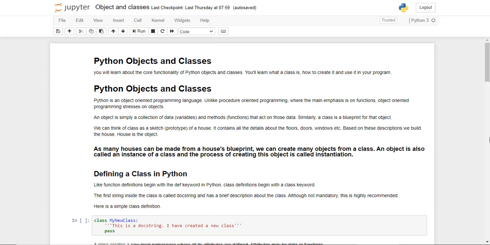Now before we do that, understand the difference between a class and an object. A class is more like a blueprint, so you have all the details on how something is to be constructed out of it. An object is the actual construct itself. So if you have a blueprint of a house, that could be called a class, but when you actually go and build the house, then that would be an object. So from a single blueprint, which is the class, you can build multiple objects.